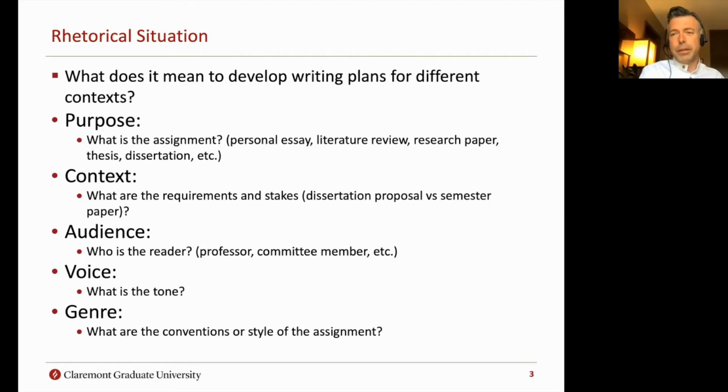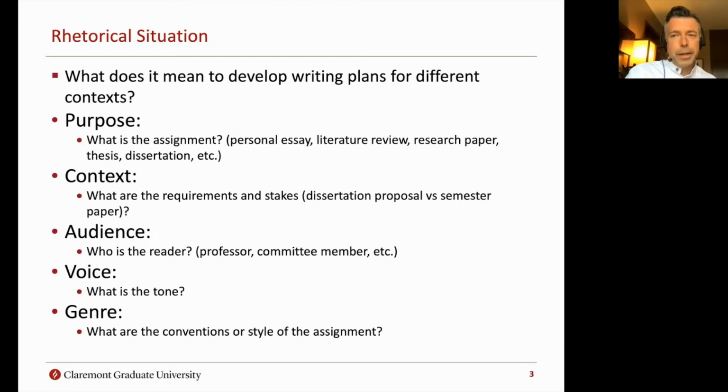Part of the work, again, that we do at the center is that some of those are quite unwritten. You know what I mean? Like, you're not explicitly taught the different stages of a literature review. It's kind of assumed that the more literature reviews you read, the more easily you're going to be able to write literature reviews, right? So we try to make a lot of those unwritten rules, let's say, and in this case, talking about them as conventions, stylistic, structural conventions, really explicit, right? So here are the moves of a typical introduction. Here's how a literature review works. Here's how you integrate sources, those sorts of things. That's a lot of the work of the Graduate Writing Center.